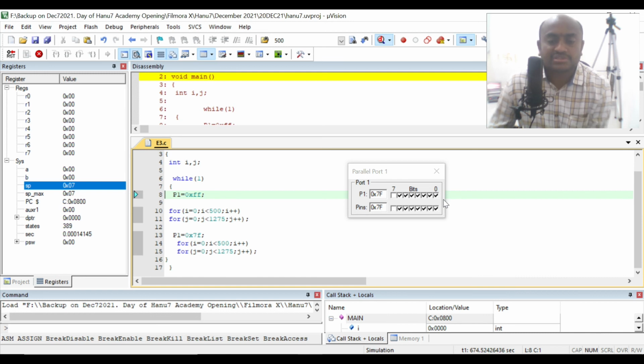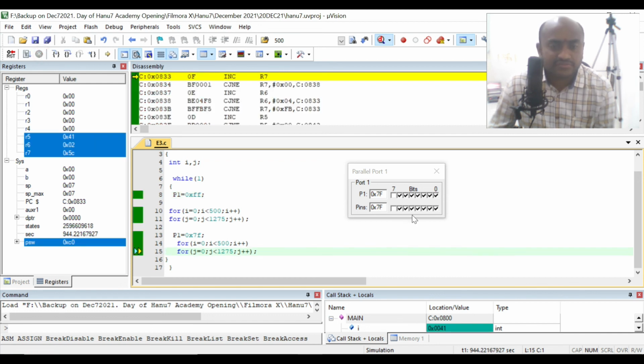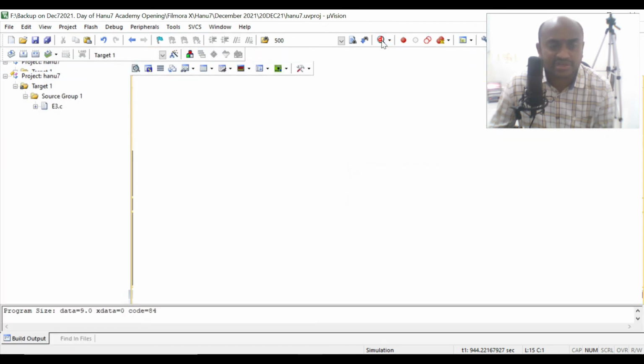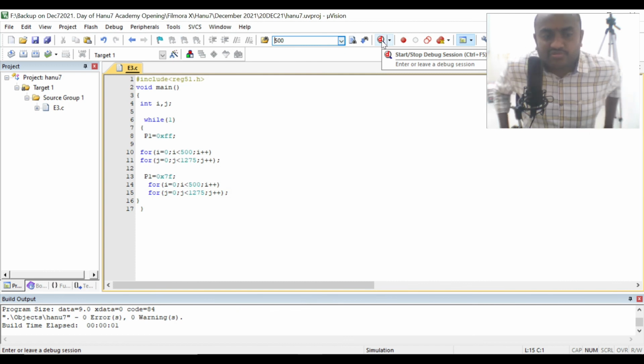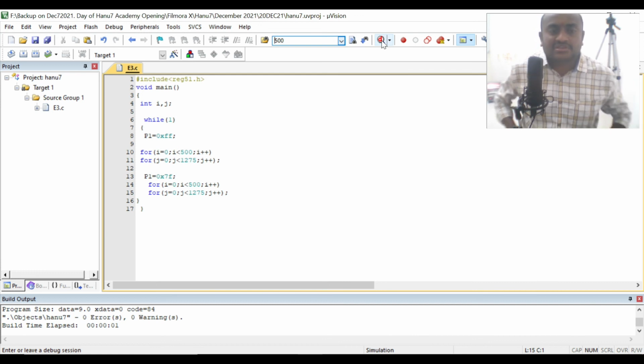So instead of giving power supply and removing power supply to that entire port, what I have to do is just program only the 7th pin. If I can program only the 7th pin, then that LED will be on and off continuously. It will be in a toggling state. So if you can do that, then that will be better. That programming is called bit addressability. Only one particular bit of the microcontroller we are programming.